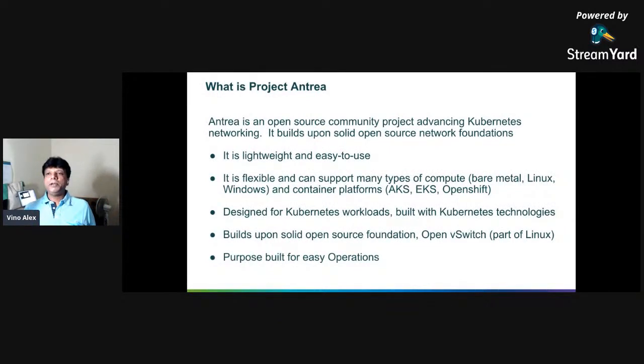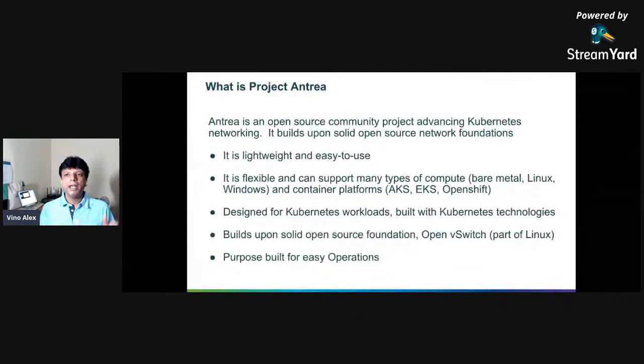We also have a plan to extend it beyond the community distribution of Kubernetes to AKS, EKS, OpenShift, etc. This plugin is primarily designed for Kubernetes workloads, and the scope is more or less limited to Kubernetes.